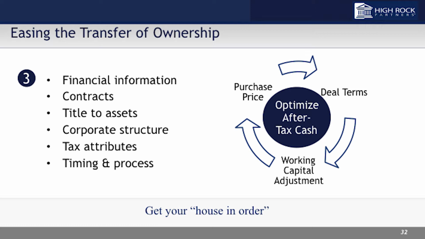The other things that I won't spend much time on, corporate structure, talk about entity structure, S Corp, C Corp, how you're positioned, those type things. But what we're all trying to get at is optimizing that after-tax cash in a transaction. And so that to us is kind of the key. So it's not just price. What we try to drive toward, and we think that in the market is critical to drive for, is optimizing the after-tax cash. That's what you can take home, at least from a sales side.